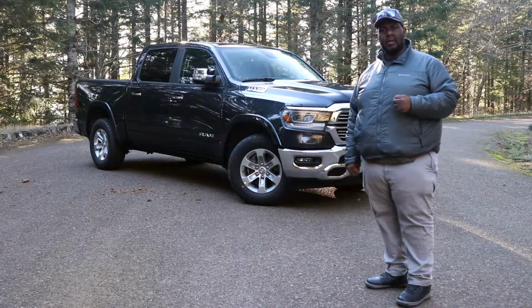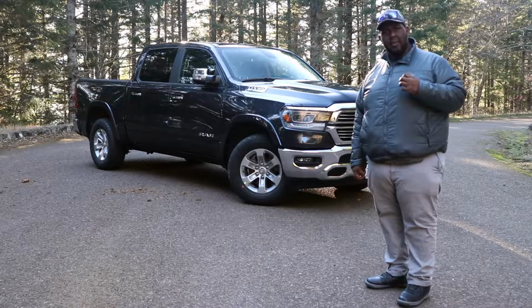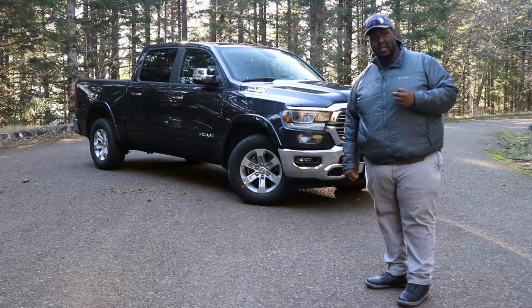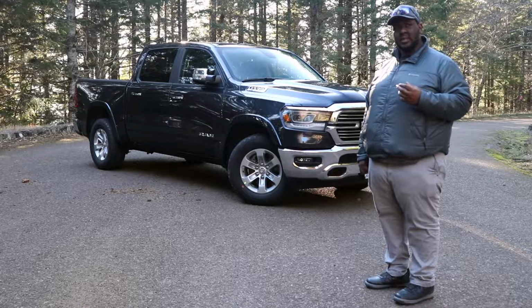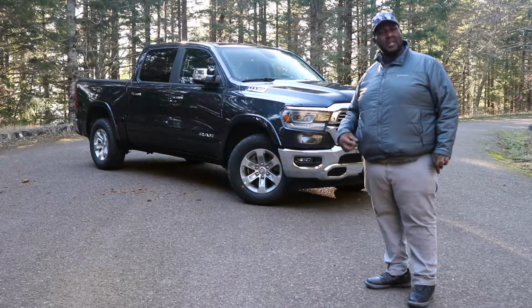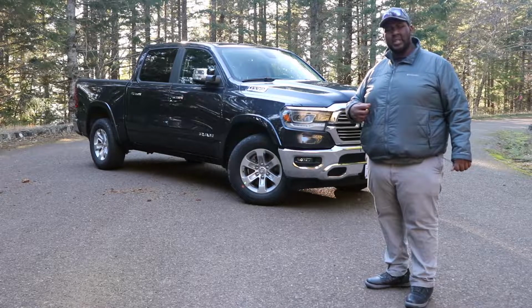Alright, so this model I have here is the 2019 Ram 1500 Laramie 4x4 Crew Cab. I know that's quite a long name, but that's really important information. So, the standard engine that comes on these is a Pentastar 3.6 V6, but this one, as you see by the badge up on the hood there, has the 5.7 liter Hemi V8, making 395 horsepower and 410 foot-pounds